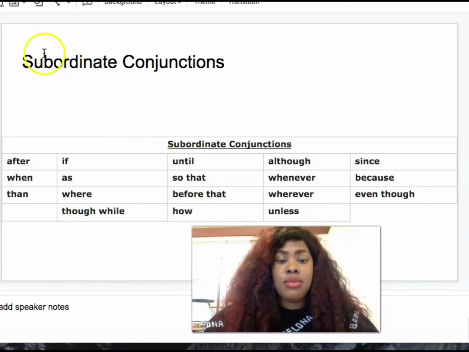So let's look at some of these subordinate conjunctions. We have after, when, than, if, as, where, though, while, until, so that, before, that, and how, although, whenever, wherever, unless, since, because, and even though. So now that we have these subordinate conjunctions,